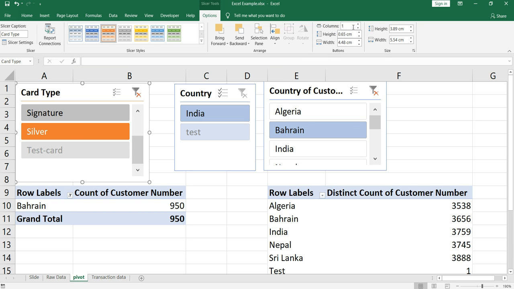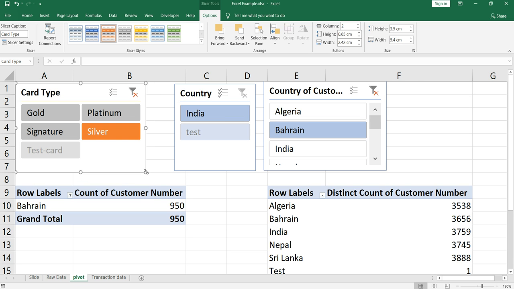Then you can see columns here. You can increase or decrease the columns based on your requirement. Similarly, you can increase the height and width of the slicer buttons. If you want to increase the height of the slicer, you can increase or decrease it from here, as well as use this drag button to increase or decrease the size of the slicer.